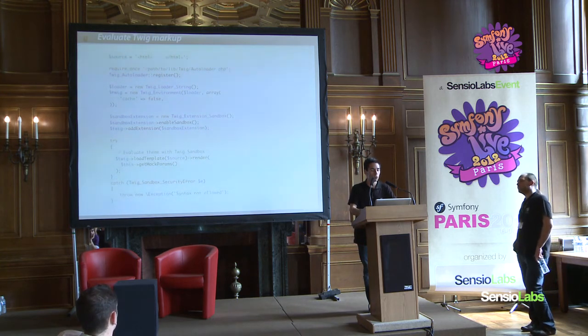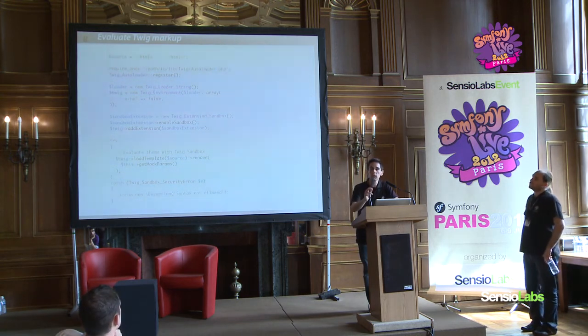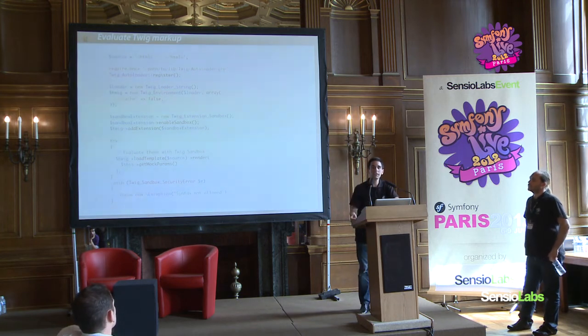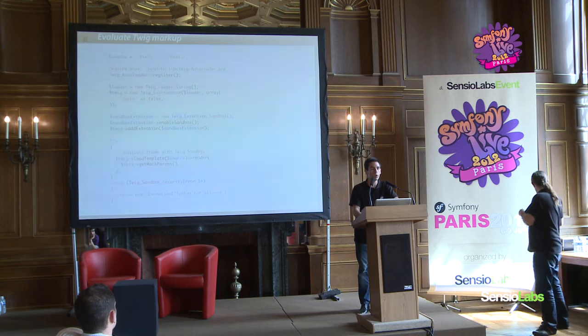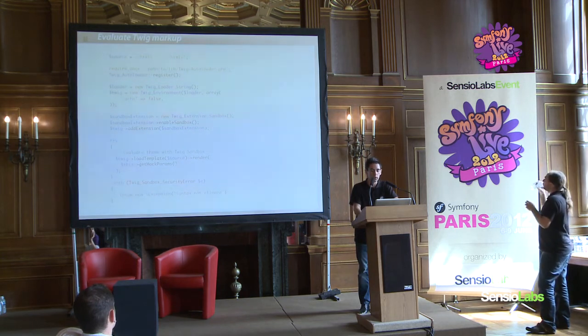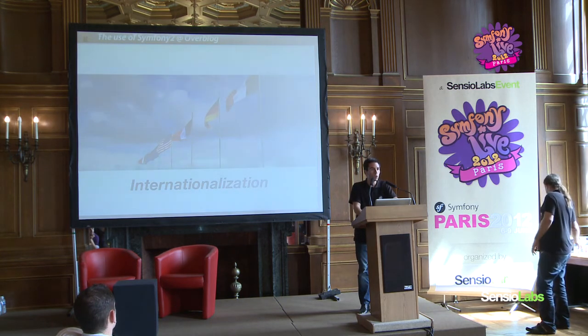If there is an error, we catch it. In this example, I catch a security error. For example, a method that is not authorized is called in the Twig. That means one of the methods that was used is not authorized. You know, the errors that can be related to security or syntax. This is how we're able to have some sort of control over what is generated by our users. When you give the main public a large audience, you never really know what they're going to do. Twig today meets our needs on Overblog. So that was perfect for us.